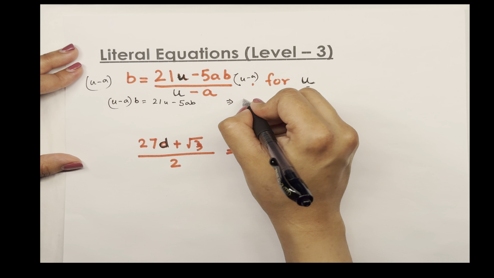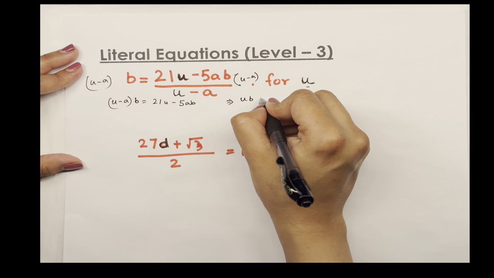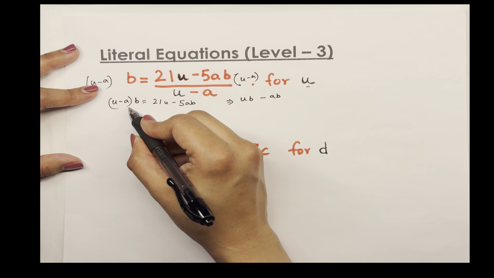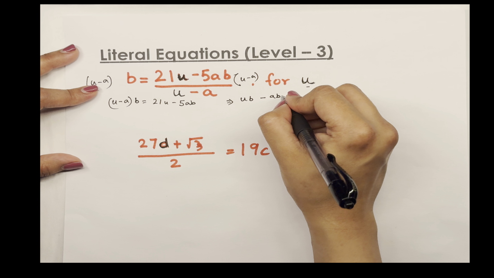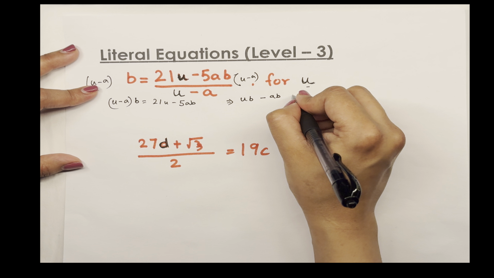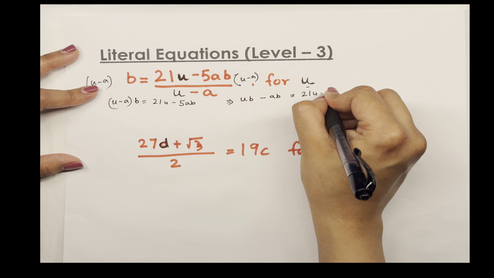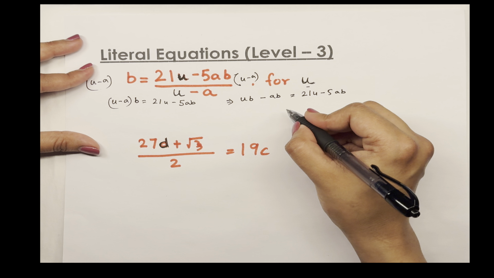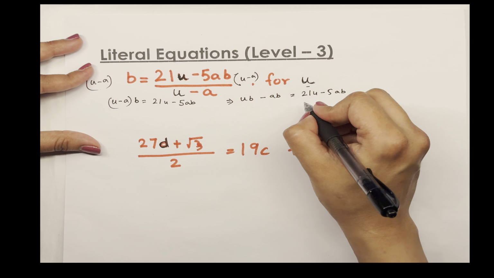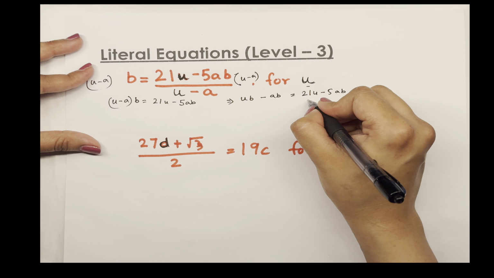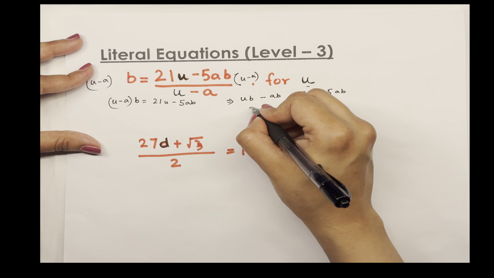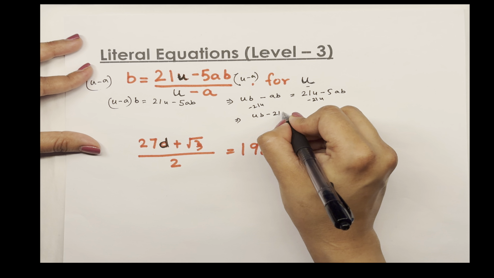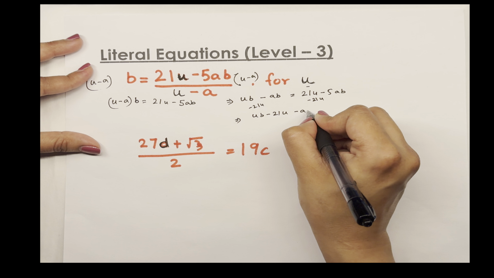That means ub minus ab. I'm expanding this expression using the distributive property. ub minus ab equals 21u minus 5ab. Let's bring together those expressions that have u in it. So if we do minus 21u on both sides, then ub minus 21u minus ab,